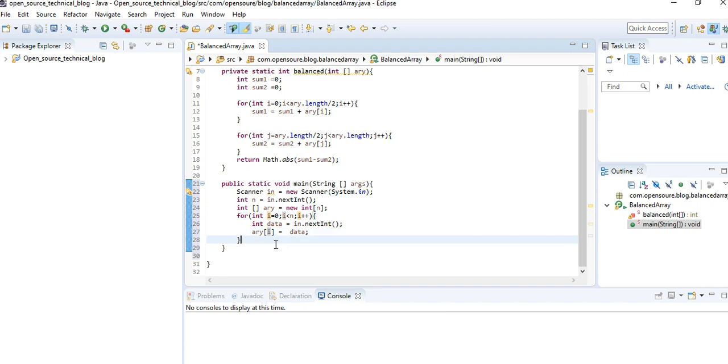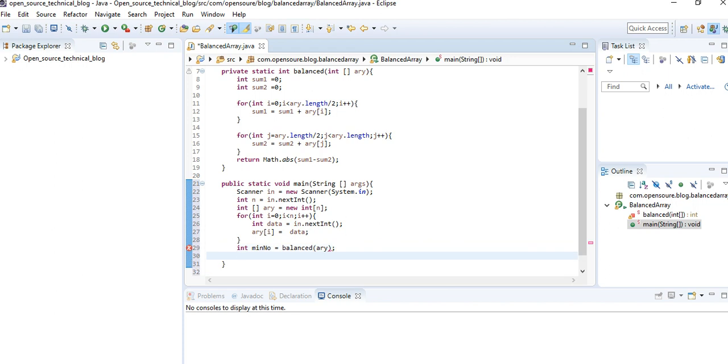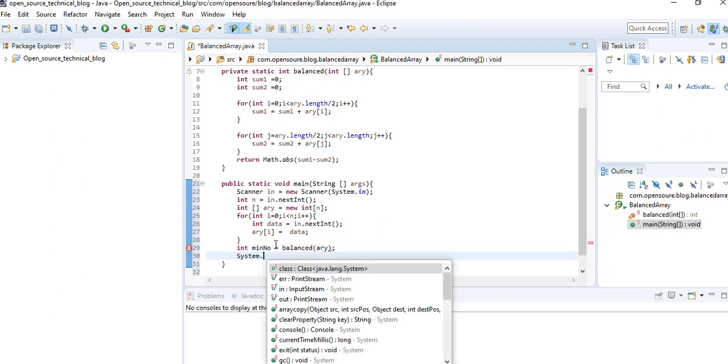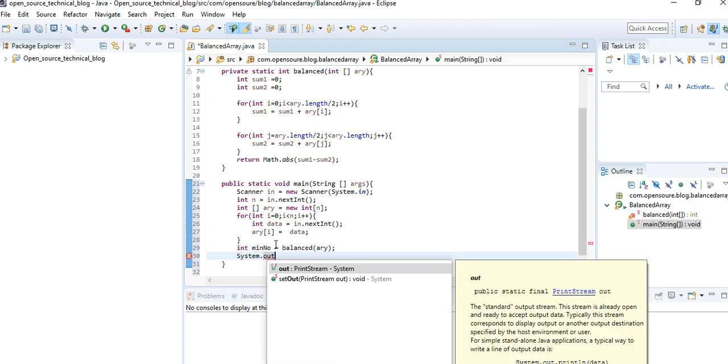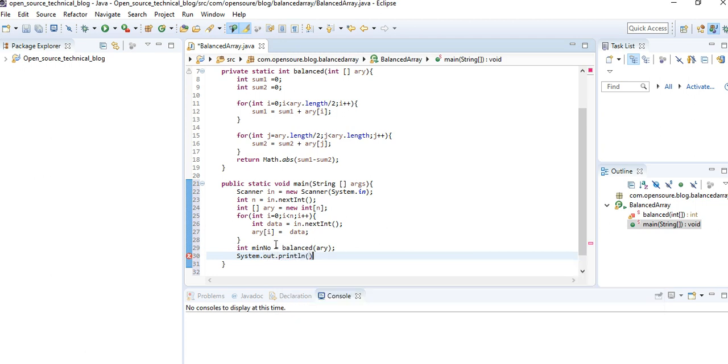Then we need to call the method which we have written, the integer number required, and we are passing this array. Okay, let's run this.